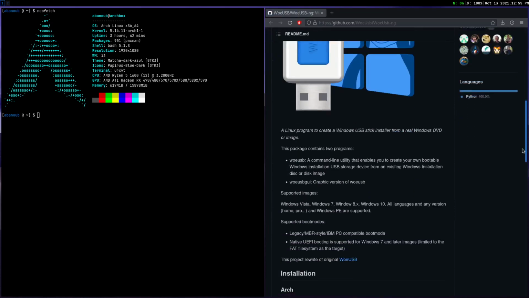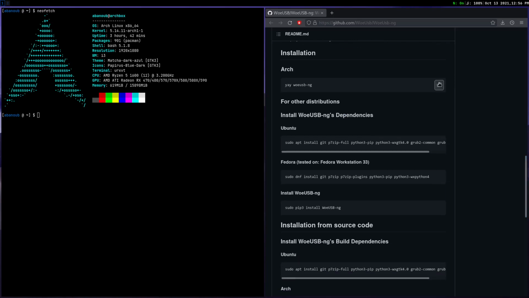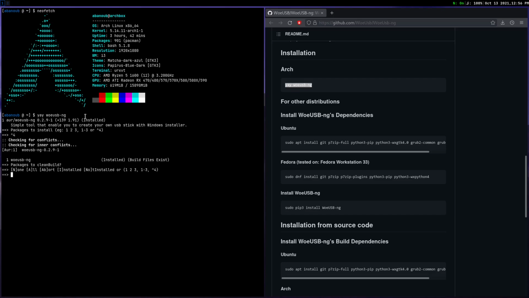And I also like that it covers pretty much all the stuff for all the major distros. It's really good. So I'm on Arch, as you can see. I'll just install from this. I don't know why that never works, but whatever. Okay, there we go. Hit enter. I usually just do square for none, none,